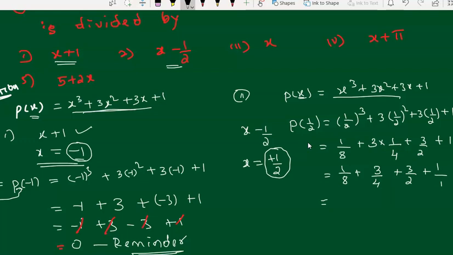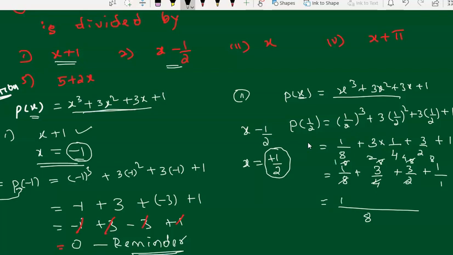Now take the LCM of 8, 4, 2, 1. What is the LCM you are going to get? Your LCM will be 8 only. Everywhere on the top you write down 8. Then cancel out: 8 ones are 8, 4 twos are 8, 2 fours are 8, 1 eight is 8. It will not cancel. Now here we are left with 1.